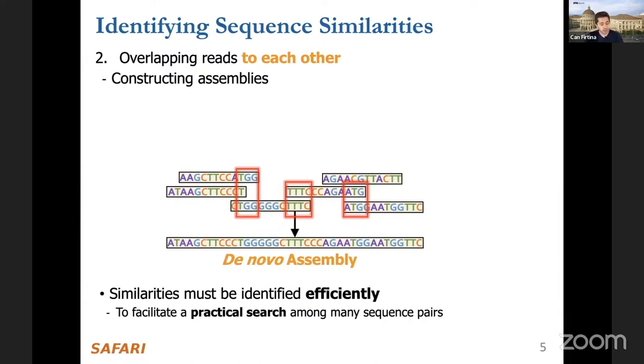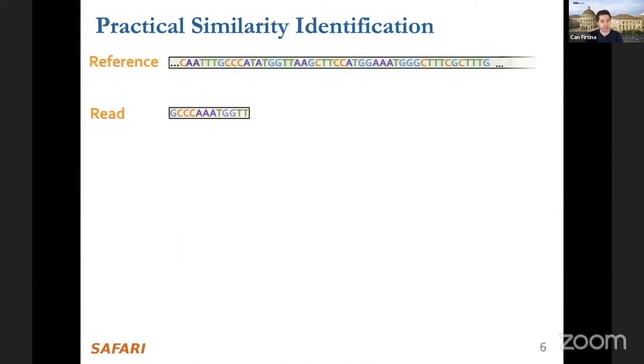To facilitate a practical search among many sequence pairs, we want to do it efficiently. If we cannot, imagine mapping a single read to 3 billion different regions in the reference genome, in the case of the human reference genome. It would be extremely inefficient. So to facilitate a practical similarity search, for example between a read and a reference genome, which as I said can be 3 billion characters,